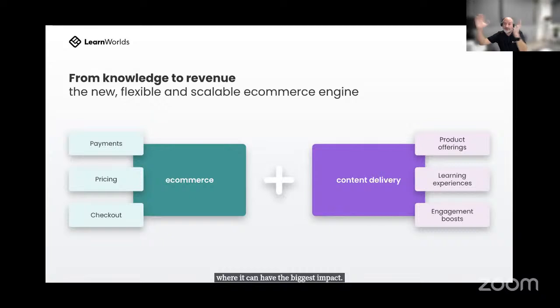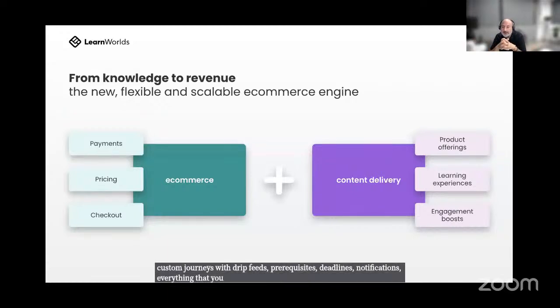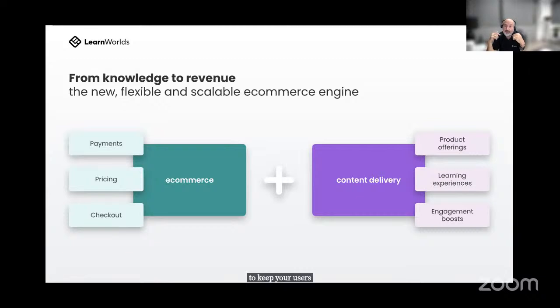And this will be matched with what we have on the right side of the slide, with content delivery mechanisms of unprecedented flexibility, customizability, and personalization that will allow you to create different kinds of products, micro products, memberships, curated learning products, personalized paths, custom journeys with drip feeds, prerequisites, deadlines, notifications, everything that you will need to keep your users engaged across their customer journey, from the first time that they go into your school all the way to following up, selling and reselling.